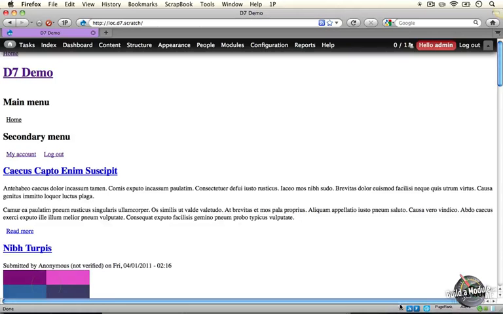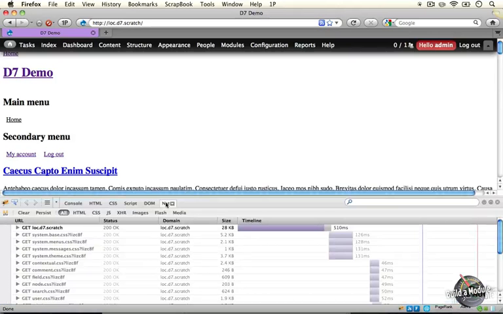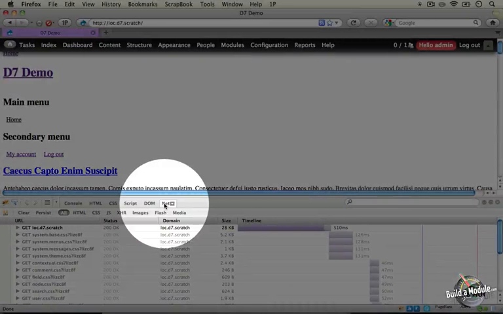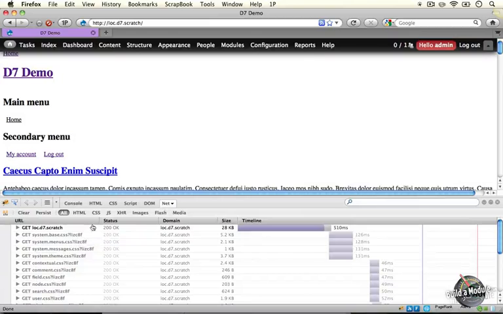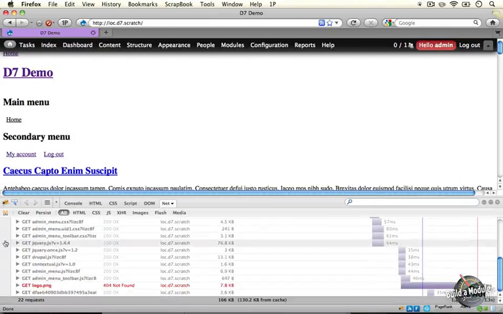So if we open up Firebug again, we can go to the Net tab right here to view the files that are being downloaded with this page. And this will show us any files that are attempting to be downloaded but don't exist. So if we scroll down this page, we see this giant red item right here for logo.png. Now this is because Drupal is looking for a default logo.png file inside of our theme directory, and it doesn't